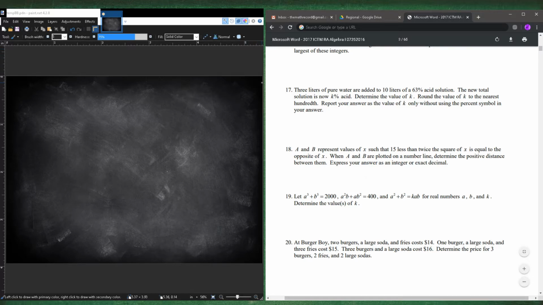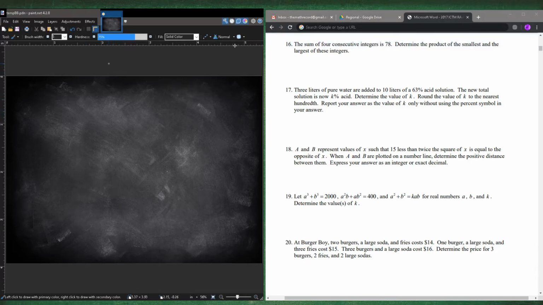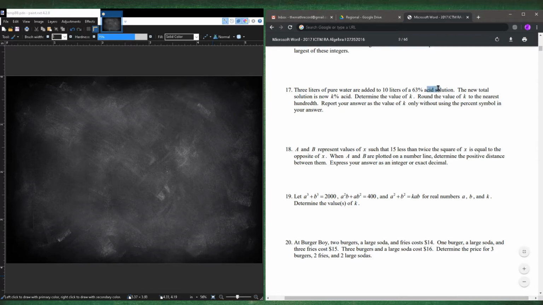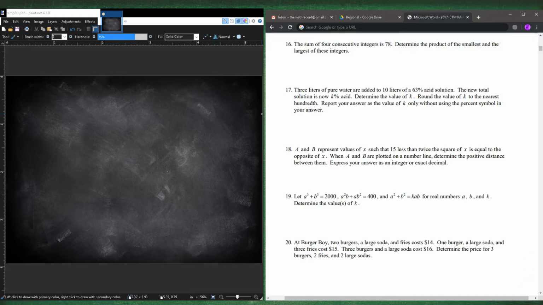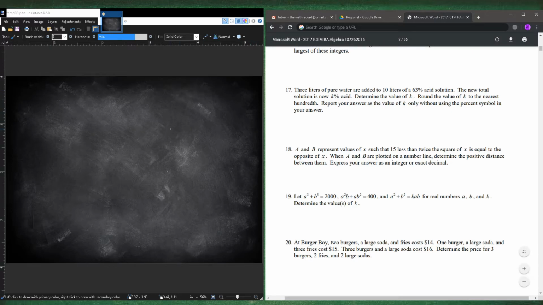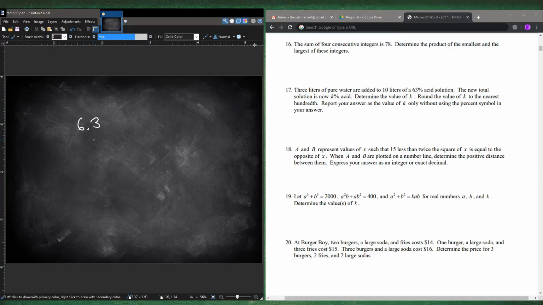As we have for percentage, it's always going to be the amount over the total, right? So how we do this is that since they're measuring the percentage of acid solution, that means on top should be the amount of acid. So how much acid is there? Well, you have 10 liters of 63% acid. So there's 6.3 liters of acid